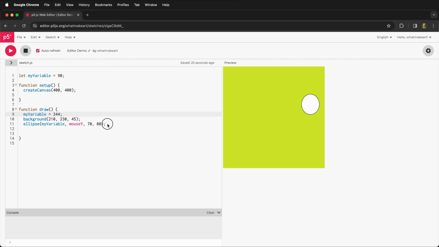We can do another thing. We could say myVariable equals myVariable minus 1. This isn't doing anything right now because in the function draw, my variable gets set to 344. We draw the background, we draw our ellipse, we subtract 1 from my variable, and then we go ahead and reassign it to 344. But if I delete this, and then I put 344 up at the top,